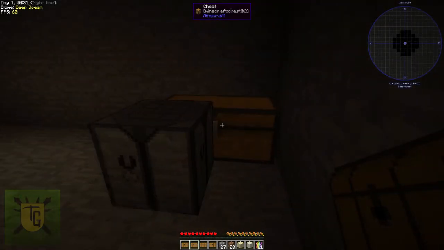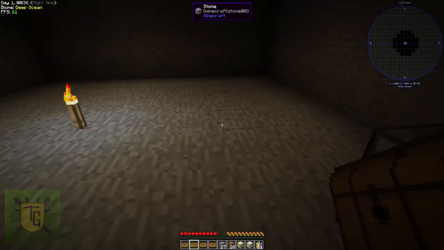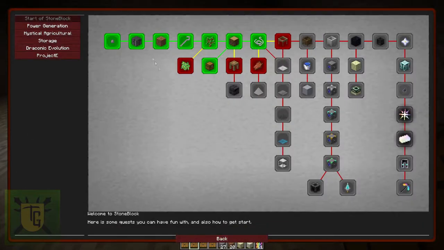We've got ourselves a chest where I've dumped some junk. We still have a stone crafting table. And I've ticked off some quests. Let's check how that is going. So we've got all of this done. I've collected some loot chests. One of these should give me a special hammer, which will come in handy because the next thing we're doing